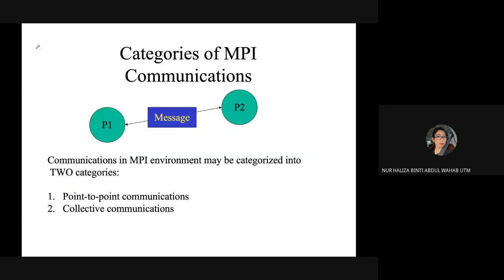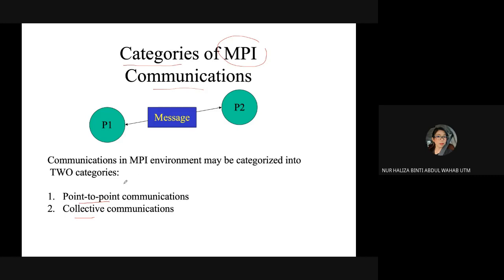And here, as I mentioned, you're going to learn categories of communication: how you are going to communicate between two processes or two parties in your MPI. You can see over here there are two main categories, which are point-to-point and also collective communication.